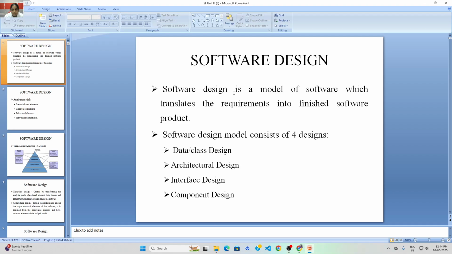And then taking the topic about the software design. Software design is something that is used for designing the software. How we want to design the software, like this we can design it. So for that purpose the software design is used. In the software design we have four types, that is data or class design, architectural design, interface design, and